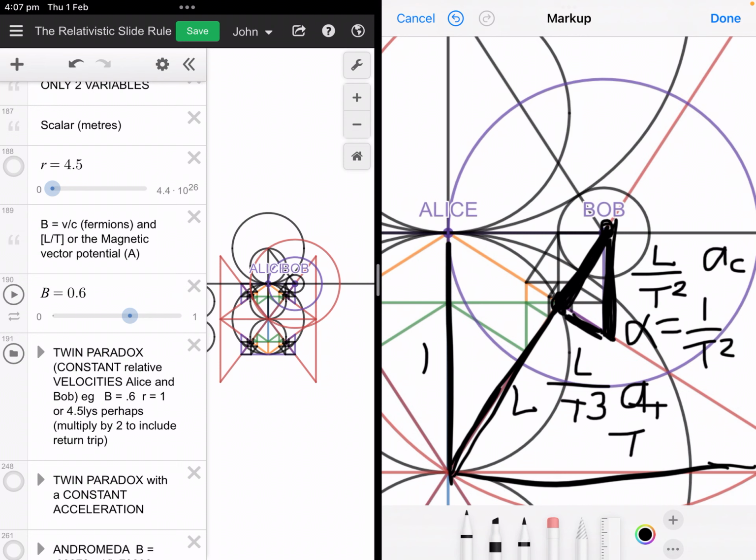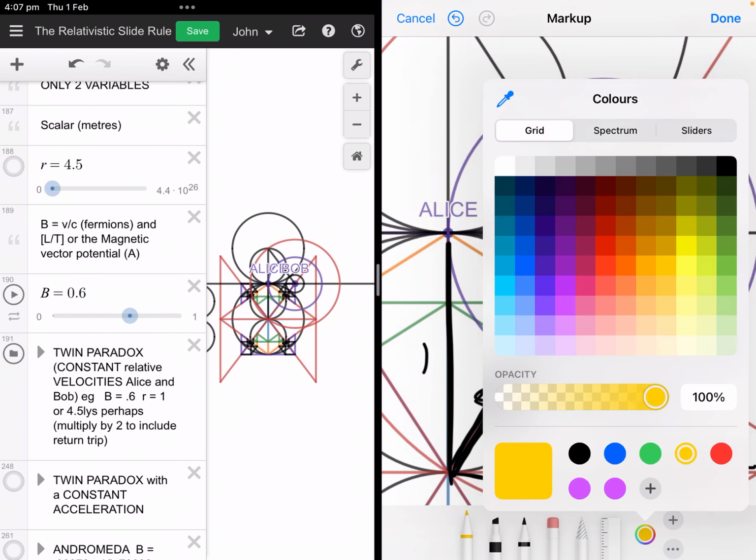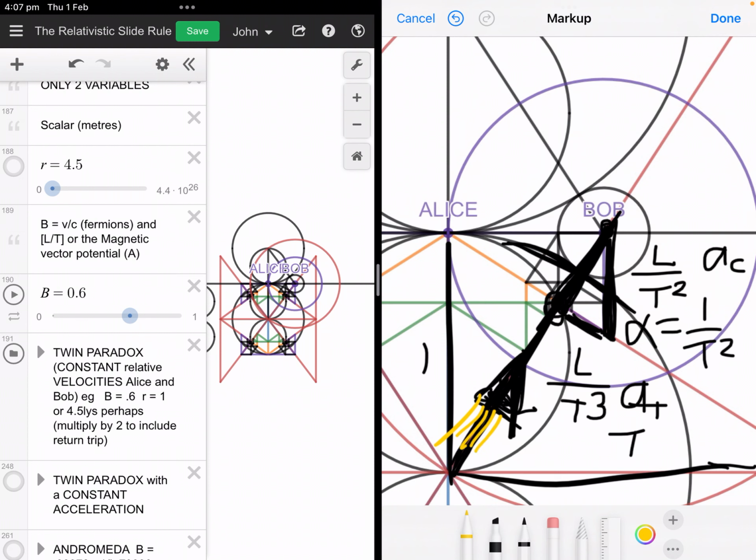But I would say it's centripetal acceleration because it's in line with this gravitational field. And what happens, so here's Bob accelerating, and because he's accelerating, he's expending energy. And so the equivalence principle says that that's the same as a gravitational field. So he's standing here feeling a gravitational field because he's accelerating,